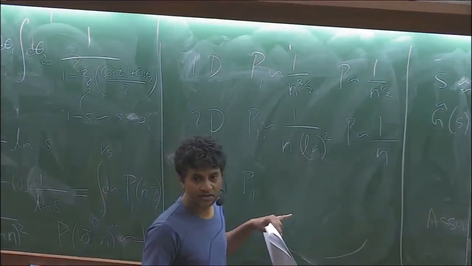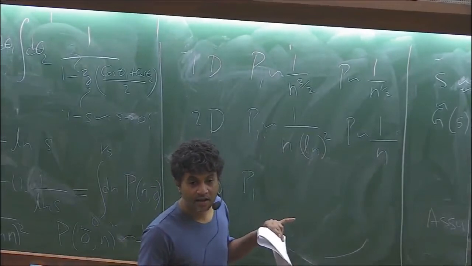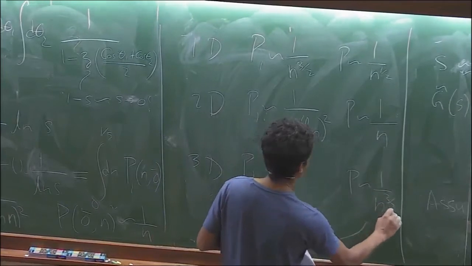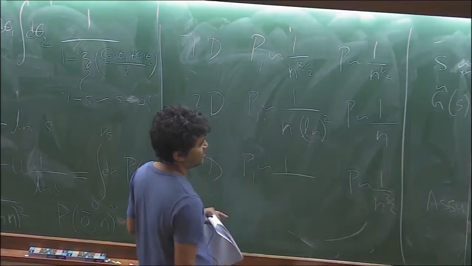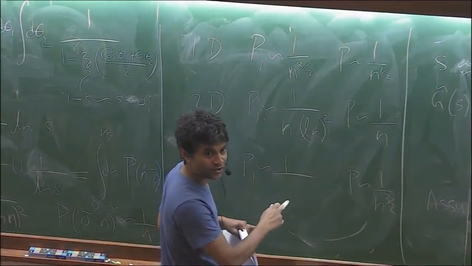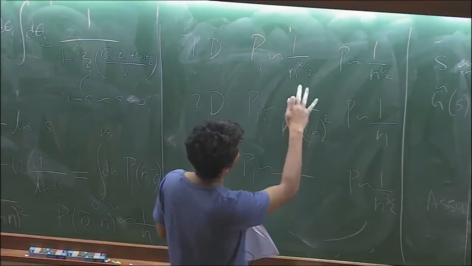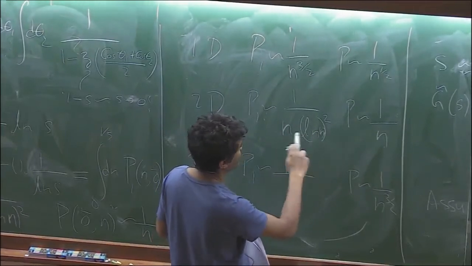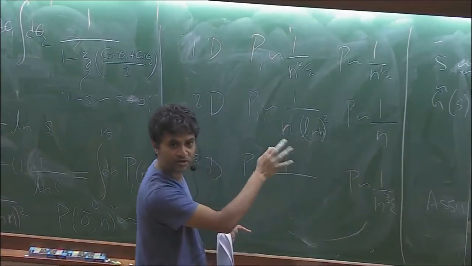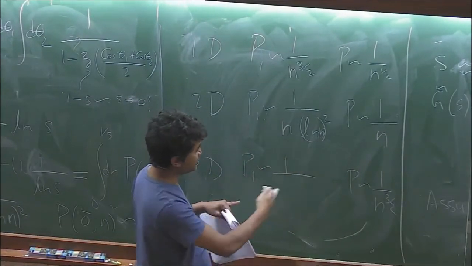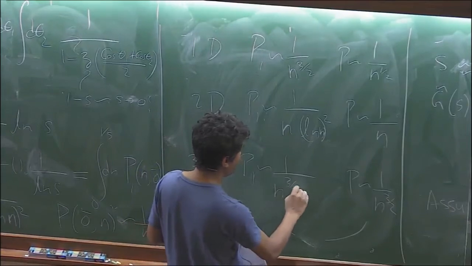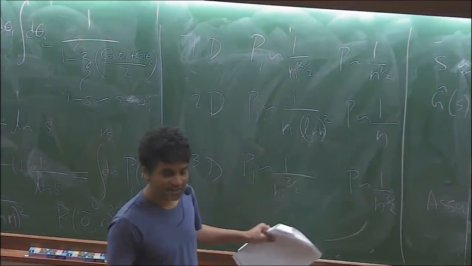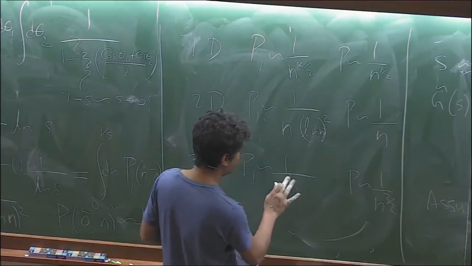I mean, 3D, what? Okay, this is n to the power 3 by 2. And this one? Square root? No. Here it was drastically different, but here it's almost the same. I mean, 1 by n, then there's log n square, which is not so big a correction, right? So you might expect that it should get closer to this. So maybe n to the power 3 by 2 and something, right? So it turns out it's actually exactly 3 by 2. Okay, so in any dimension higher than 2, it's